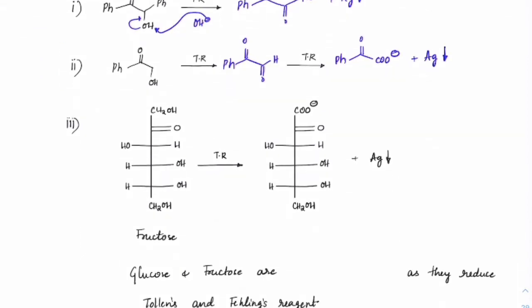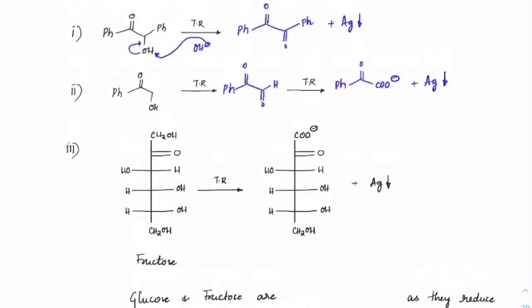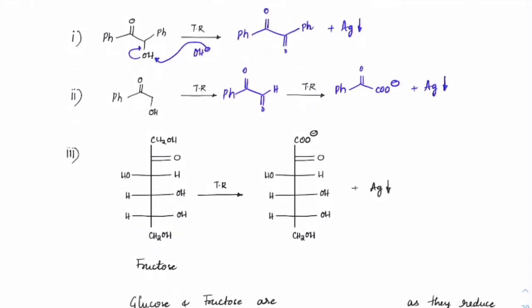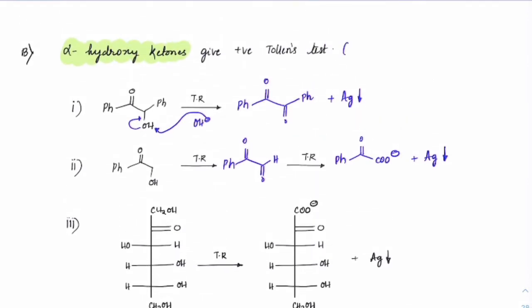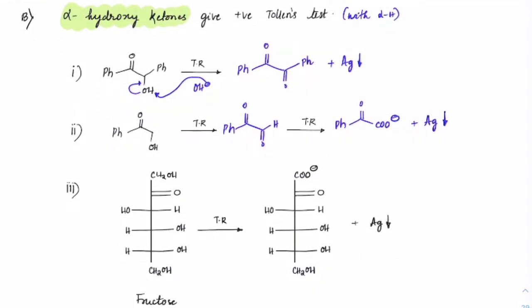Now that brings us to the next important case, especially in biomolecules. Sir, if the alpha carbon does not have hydrogen, if the alpha carbon has an OH group, sir. When it forms a double bond, an H is leaving. If there is no hydrogen, there is no oxidation. Then no reaction. This is compulsory with an alpha hydrogen. Without alpha hydrogen, no reaction. It cannot form a double bond to O.